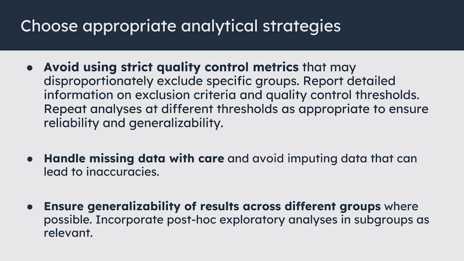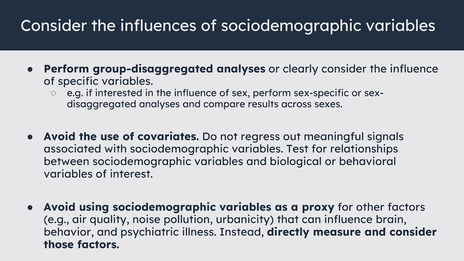And because that bias exists, we want to avoid imputing data based on the sample that we do have, because now we're taking data from people that probably are not representative of the people where the data are missing and then imputing that. And we want to ideally ensure that there is generalizability across different subgroups. So one way we can do it is to consider the influences of these variables. In a lot of my work, I do sex-specific research. Exactly like everyone else is doing, all I do is separate it by sex. Then we can say, is there something that we see in males that we don't see in females, or vice versa?